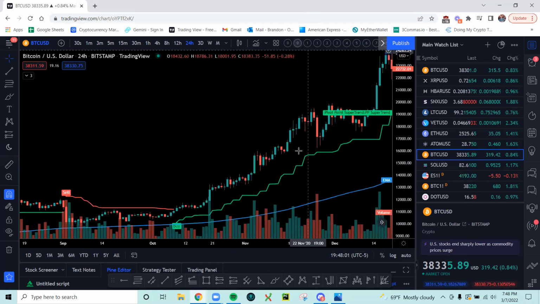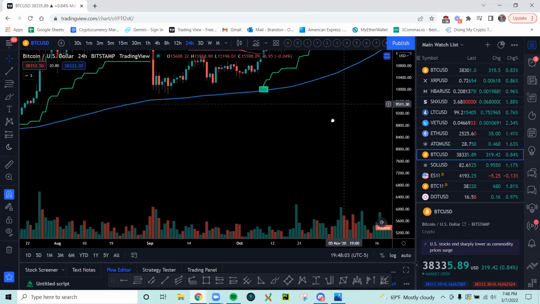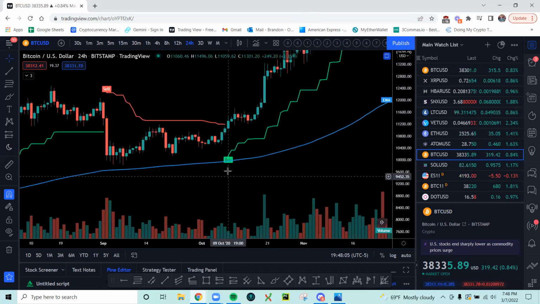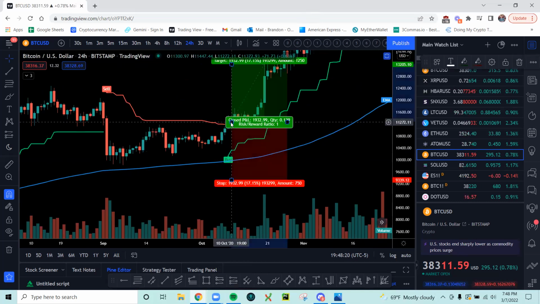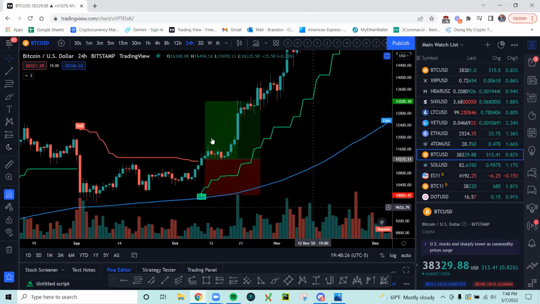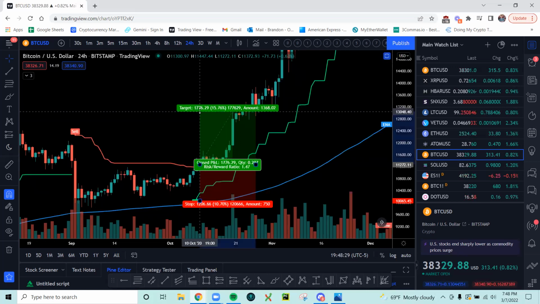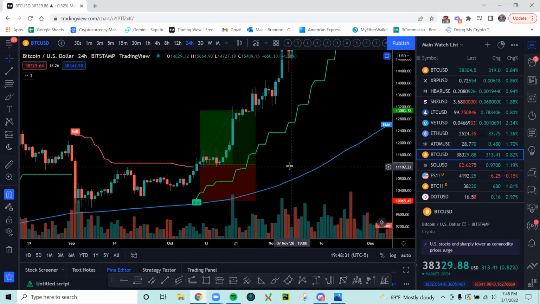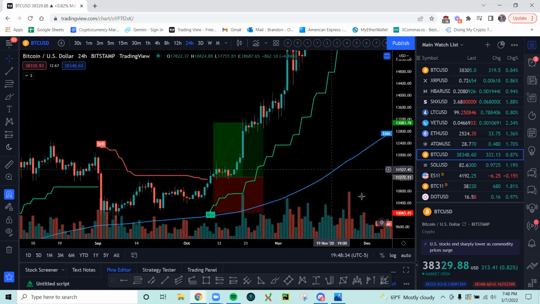All right, so for example, this would have netted you an extremely nice trade. And what you want to do is get in when the candle closes, right, after the buy signal. And so you would have gotten in here. So I'm going to take out the long position. You would have gotten in here, and your stop loss is going to be at the super pivot trend line. And what you're typically targeting is 1.5 to 1. So you're risking $100 to get $150. However,